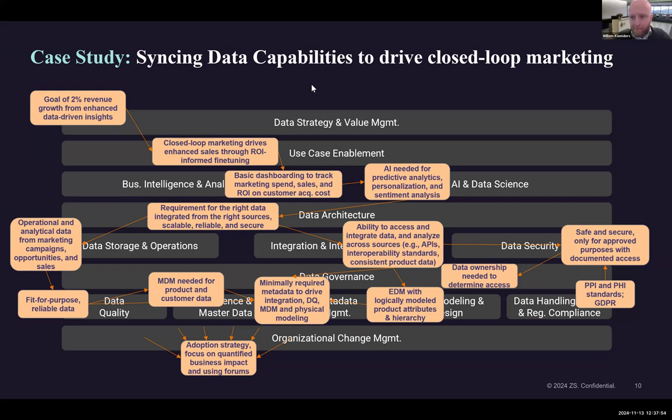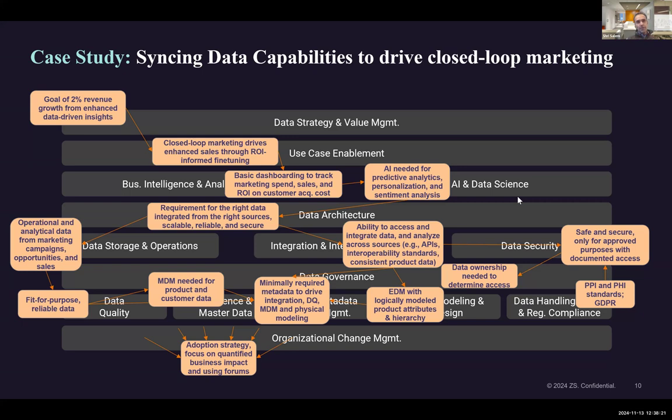Yep. I think the most simplistic way to tell the value story for data strategy, as you all know, is really making the connection of data to use cases, or the business problems that we are trying to solve for, and then say, hey, these business problems are associated with 5% revenue growth, 10% operating efficiencies, or 3% customer service improvement, or whatever that story is, right?